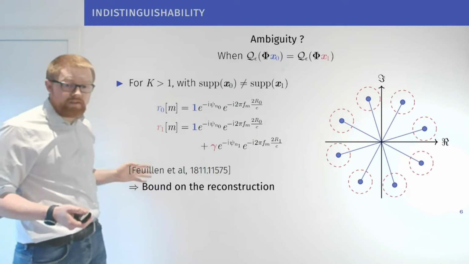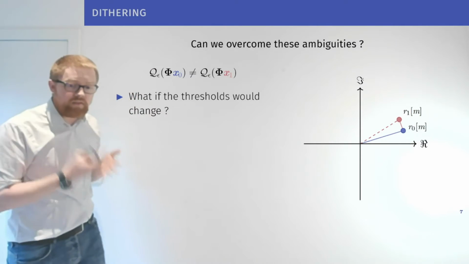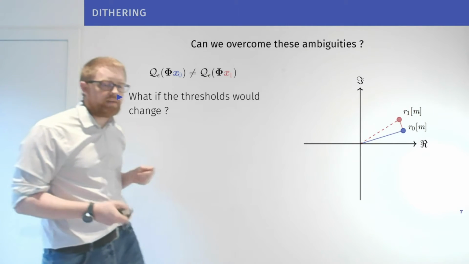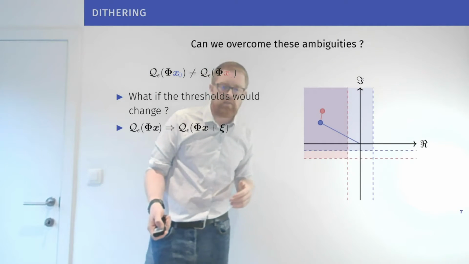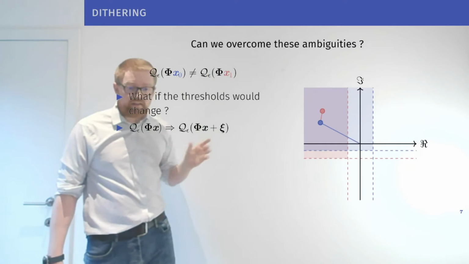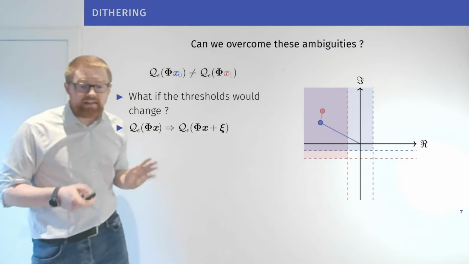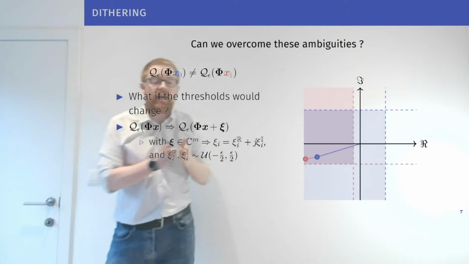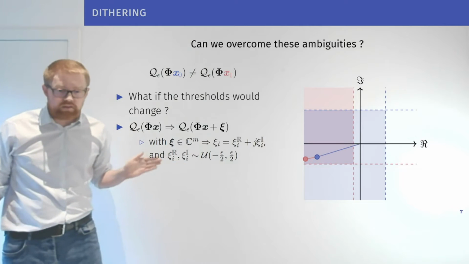Is there a way to overcome this problem? You see that the main issue is that even if we get an infinite amount of measurements, we essentially always get the same bits, so there's no gain of information. But if we were to change the threshold randomly for each measurement, there might be a way for us to get more information. This is called a dither, changing those thresholds by adding this component. And if this dithering follows, in our context, a uniform distribution that spans the dynamic of your signal, you will be able to get something a bit more interesting.